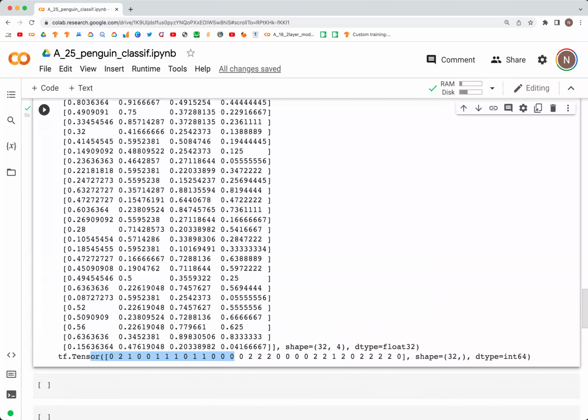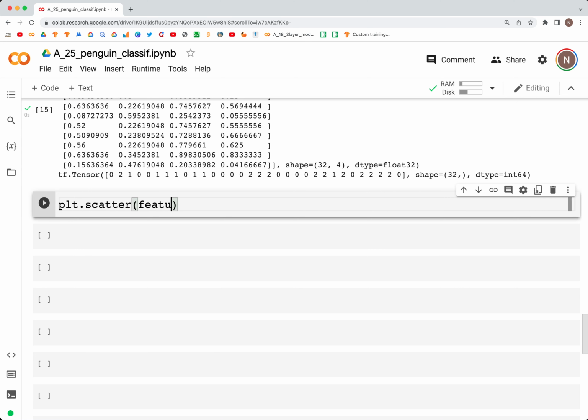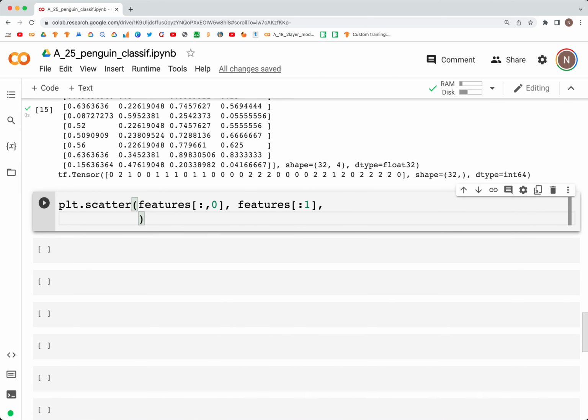We can take a look at some of these features, so we can create a plot here. To plot the features, we can create a scatter plot, plt.scatter, using the features. We'll use all the rows from column 0, and all the rows from, say, column 1, and we can use c equal to labels, and then cmap equal to viridis,